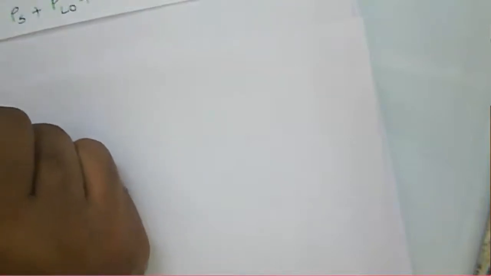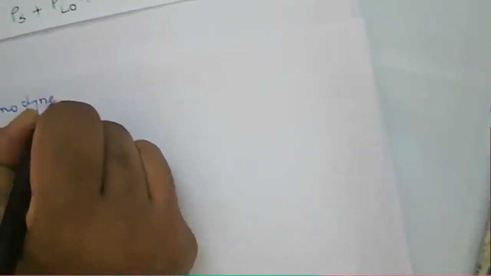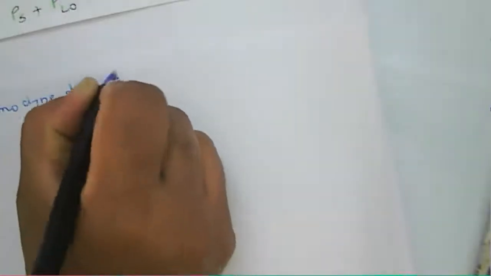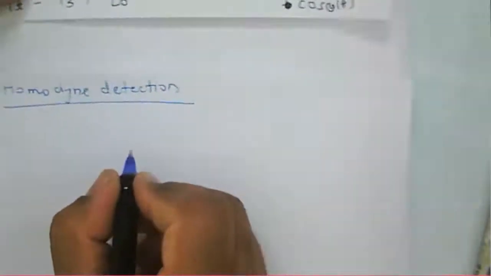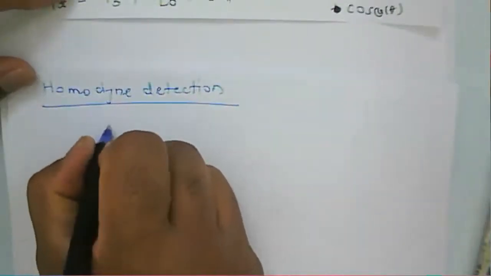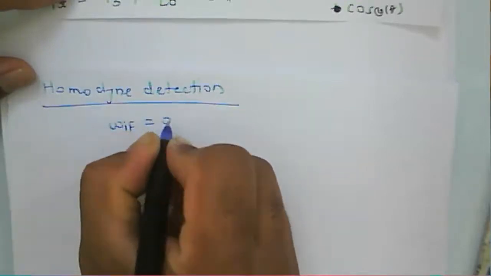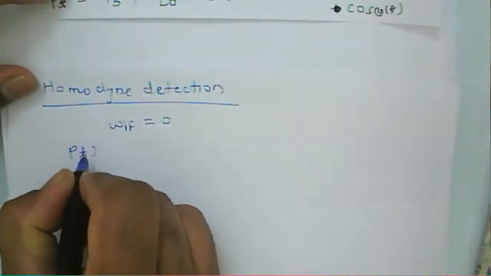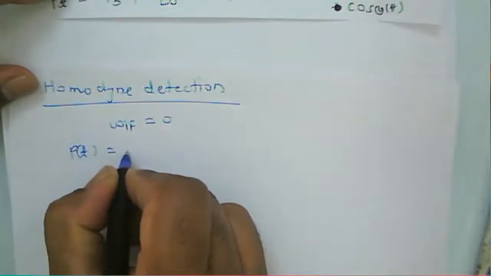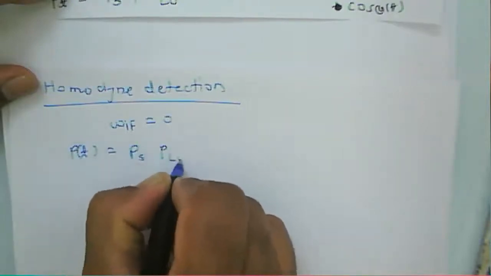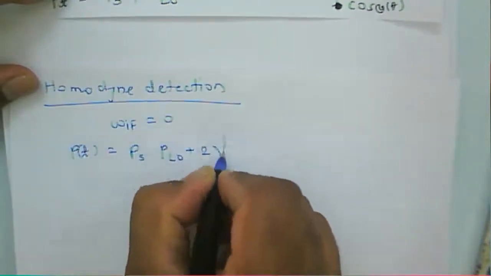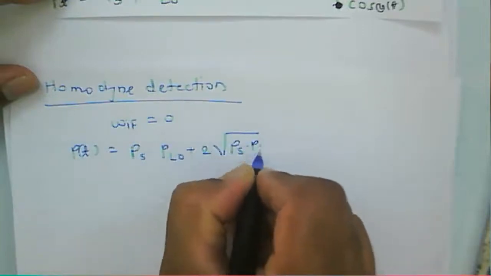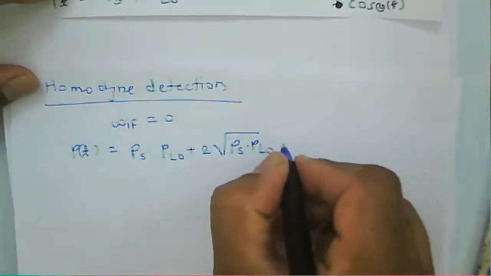So in the case of homodyne detection, omega IF is equal to 0. In this particular equation, P of t is equal to P_S P_LO plus twice the square root of P_S into P_LO